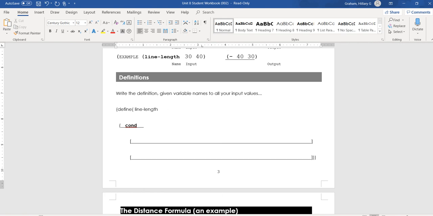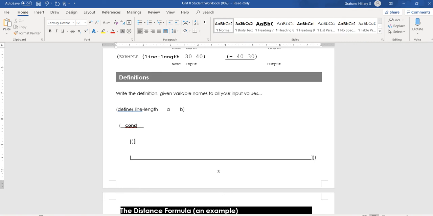But when I say ordered pairs, I don't mean x, y values. I mean either two x's or two y's. So we'll go ahead and call those two values a and b for now. And then I'm going to go ahead and close my conditional right there. I'm going to close my parentheses. So then the conditional is opening up and I see a bracket here, which means if I want to write anything inside the bracket, I'm going to want to start a parentheses, and then I'm going to go ahead and say,